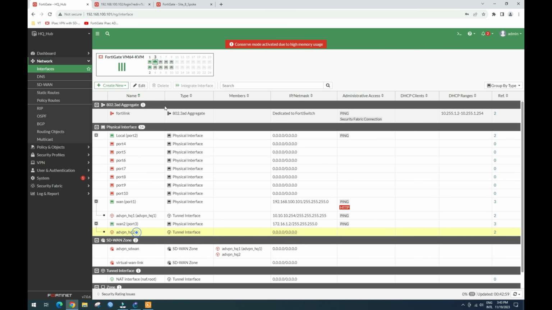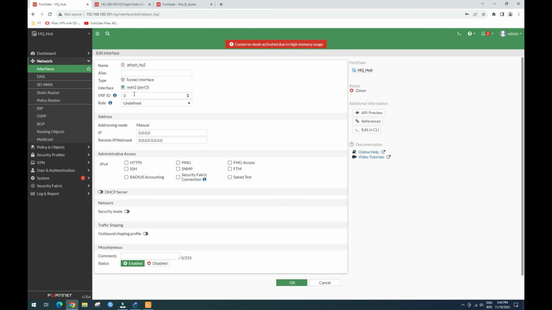Okay, so we go to WAN 2 and edit. Interface on WAN 2, and then IP address 20.20.20.254. Okay,